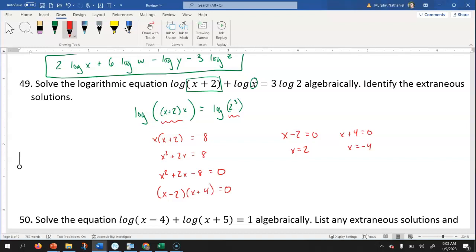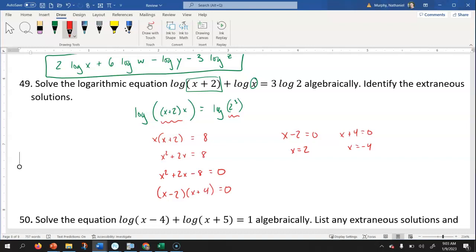So our solutions would be 2 and negative 4. But with these, we always want to make sure that we look to see if there's any extraneous solutions, because one of the rules with logarithms is you can't take the log of a negative value. So if I put 2 in both of those values for x, we'd have